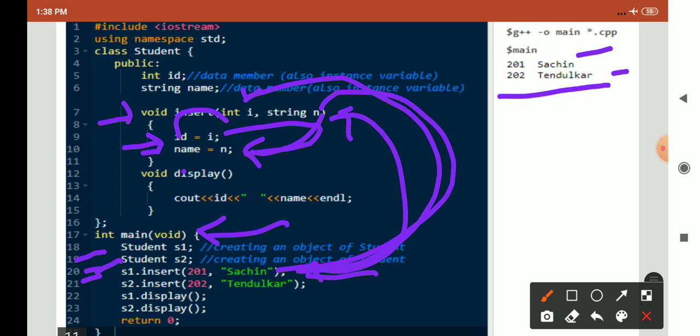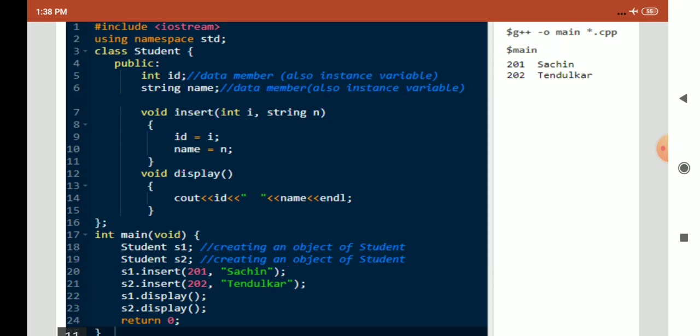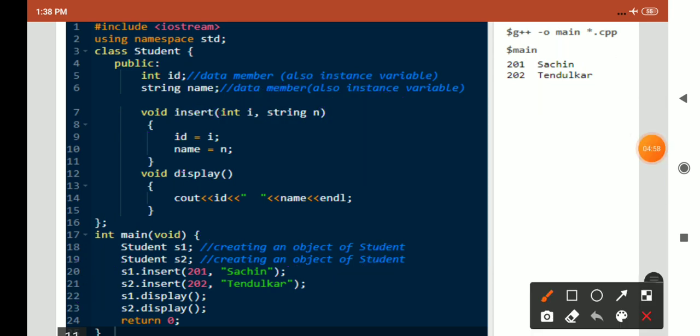Then again similar for s2, again insert is called. Whenever a function is called, control goes here, to insert.